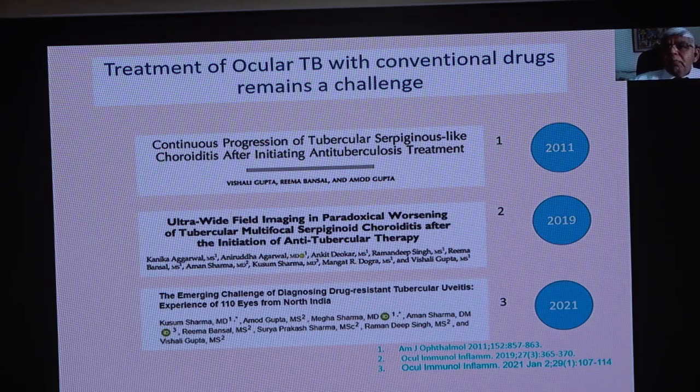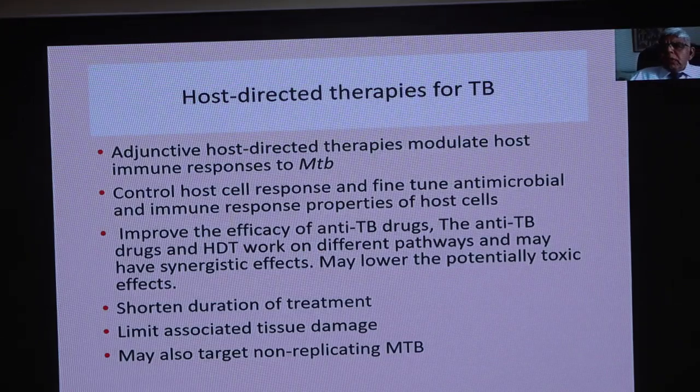Also, we found more recently, in the last 5-6 years, when we started doing GeneXpert and line probe assay, or gene sequencing to look for the mutations which are responsible for drug resistance in these patients, that nearly 5 to 7% of these patients of TB uveitis may harbor genome of multi-drug resistant tubercular bacillus. Now that brings me to what is the direction the treatment of TB uveitis, or tuberculosis in general, is taking in